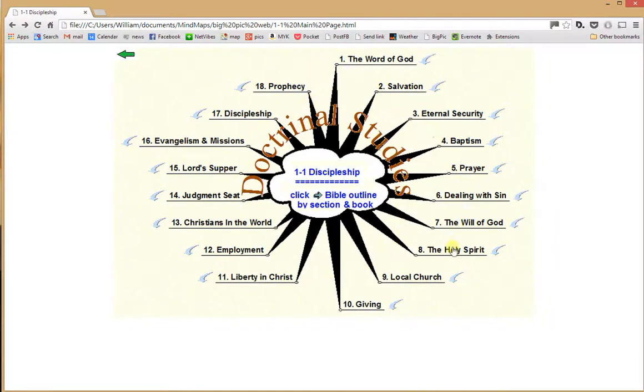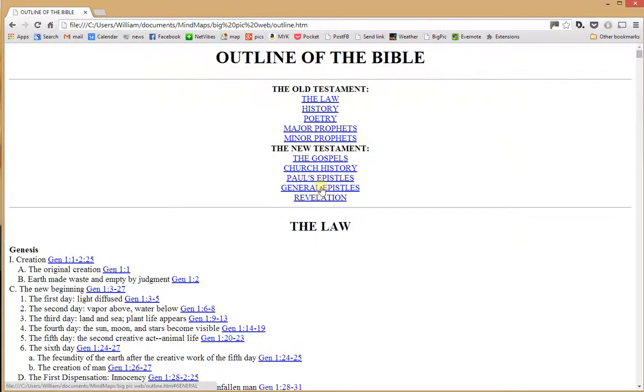These are used in one-on-one discipleship at First Bible Baptist Church. We have booklets that explain each of these lessons, and this is sort of a summarization and computerized approach to those booklets. Also, if you click here, it takes you to an outline of the Bible in terms of the